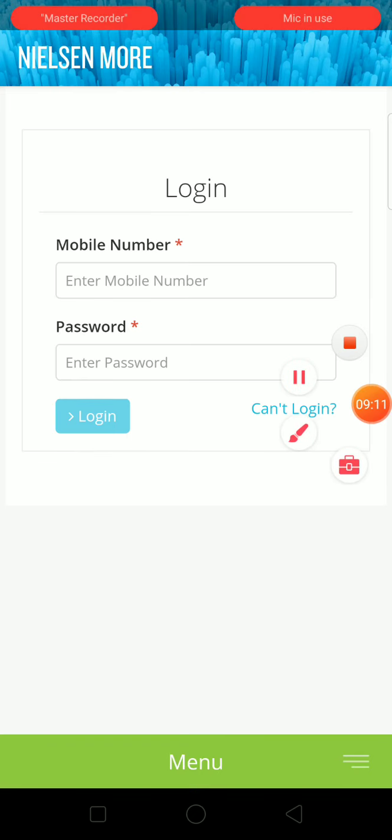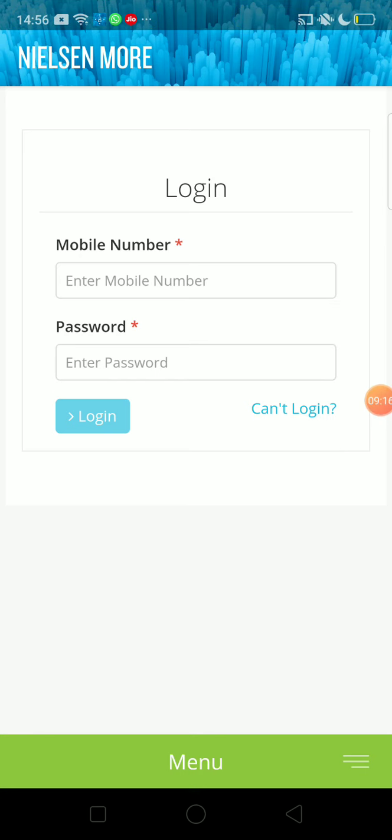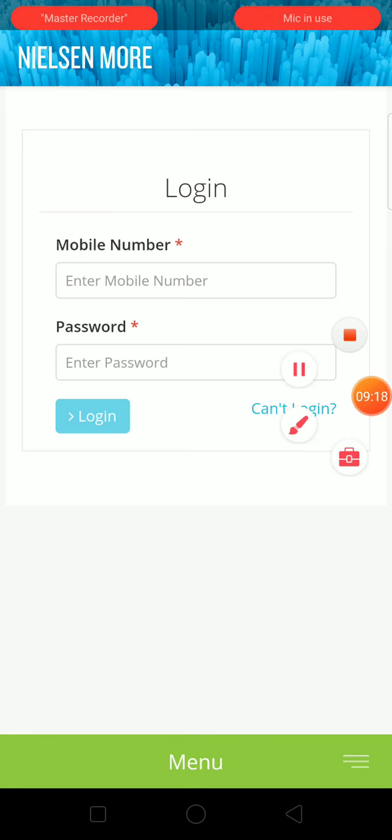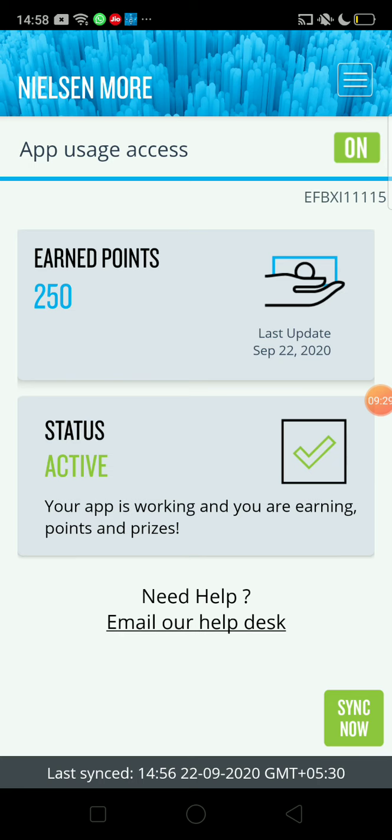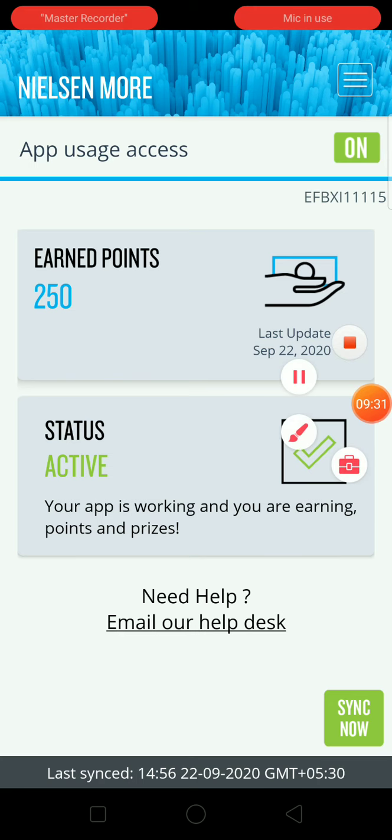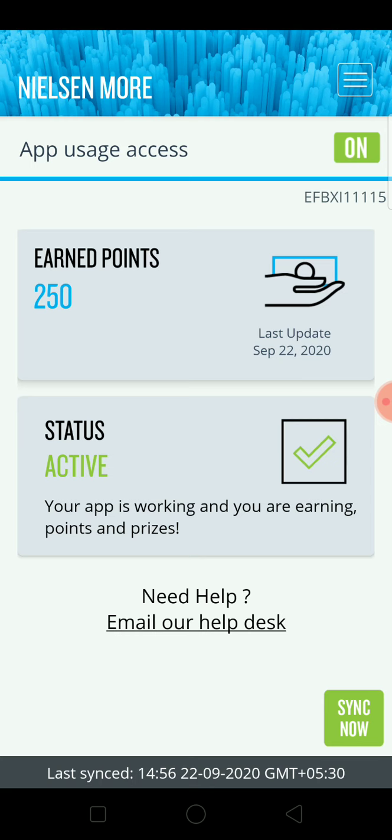So I just need to log in again. Here I'll just enter my login ID and password, and I'll show you how you can redeem the points that I was talking about. All the users can get a 100 rupees gift voucher from Paytm, Amazon, or any other websites they want to redeem it. I'll just enter it and show it to you. So this is the window I was trying to show, where you can redeem the points, but that window will open when you earn 1000 points. So once you earn 1000 points, you can go and redeem.